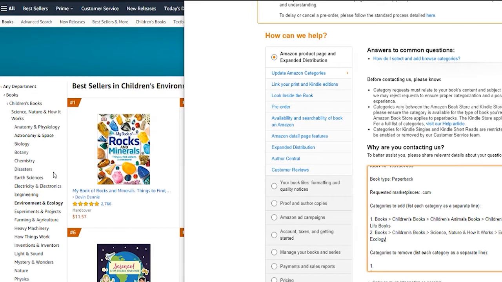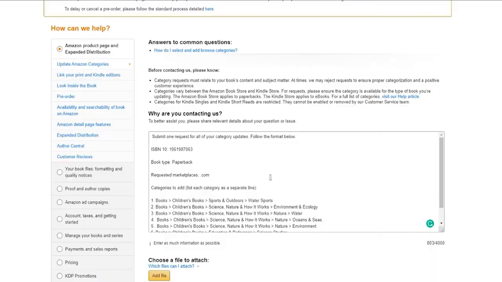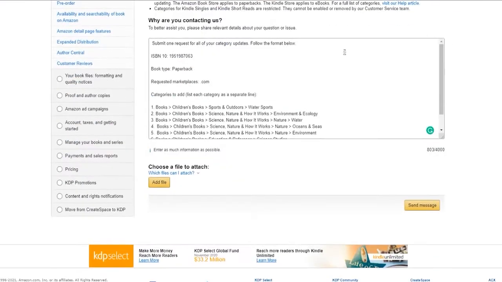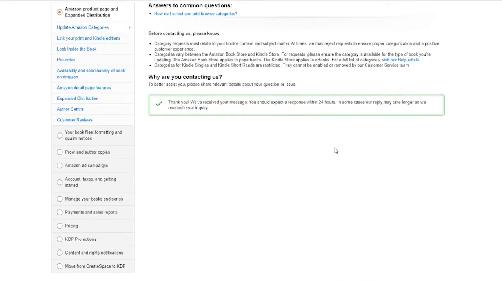So instead of staying broad, try to go specific with your categories, and then just make sure you do the whole tree for Amazon. That way it's easy for them, and they can move along on their end and get it right in the categories. That way it's a smooth process for everybody. All right, so once you have all of that filled out, just go ahead and send them that message. And within 24 hours, they said you should receive a response, which is when they will put the categories in action,